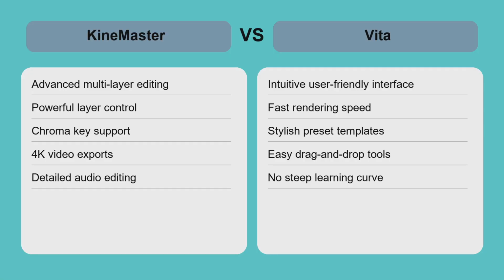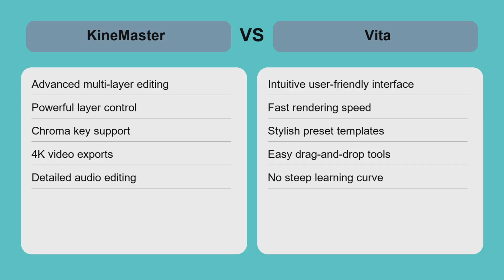Comparing KineMaster and Vita highlights a trade-off between power and simplicity. KineMaster excels in projects requiring multi-layer editing, detailed effects, and professional audio control, ideal for creators producing polished videos with intricate edits. Vita shines when speed and ease of use matter most, making it perfect for quick social media clips